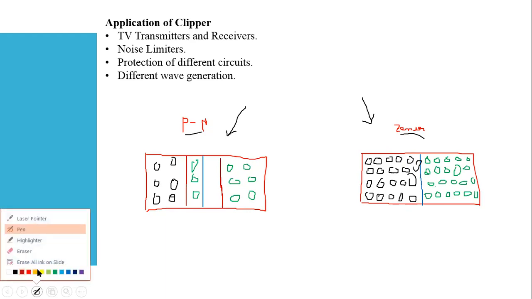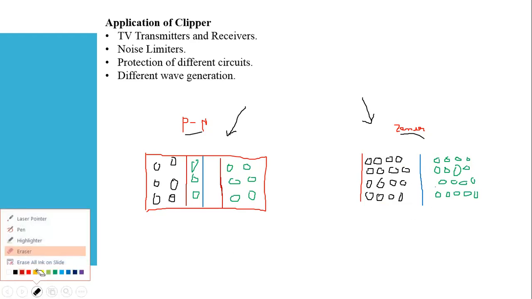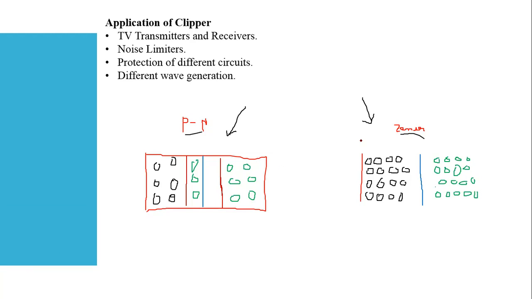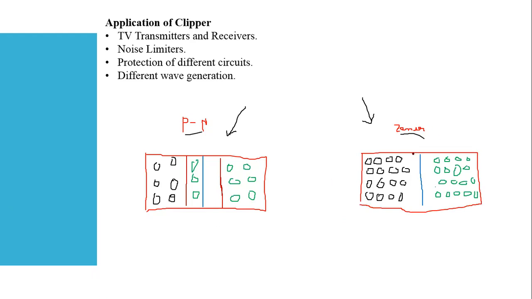The same process will take place in the Zener diode also, but if you look, due to the heavy doping, see what happened. All these electrons are coming on this side, and here also one depletion region is formed. But if you see that depletion region, now you can clearly understand what the difference is between the depletion region in the Zener and in the PN junction.